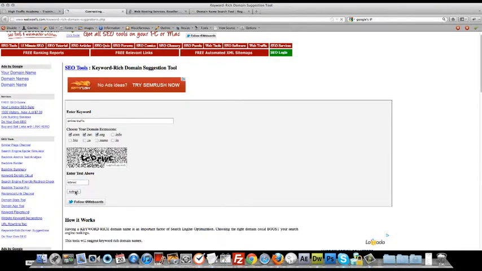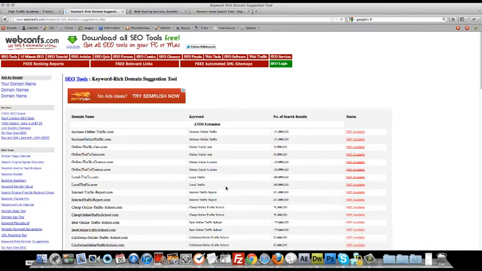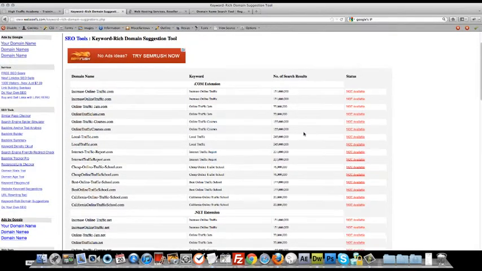All right, so this basically will give me a list of all the available or not available domain names using my search query. Here we have the domain names, and here are the keywords, and here are the number of search results, or the amount of times people have typed those domain names in their search field, and here is the status of the domain name.